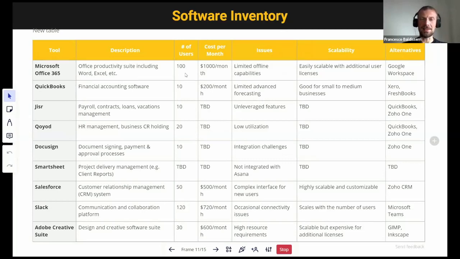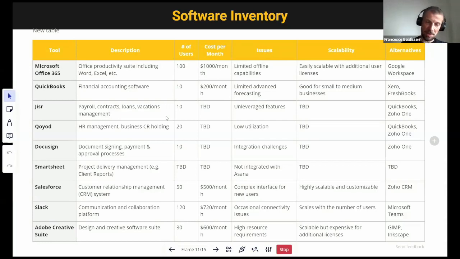How many licenses you have, need, the cost, if there are some issues or gaps to keep in mind, scalability, because normally we work with growing companies. So you want to make sure that the tool will serve the purpose also 1 or 2 years from now. And we make a list of all the software that is being used at the moment.